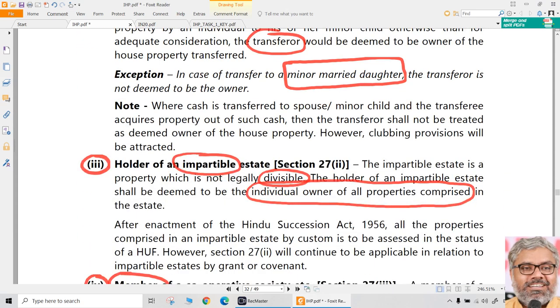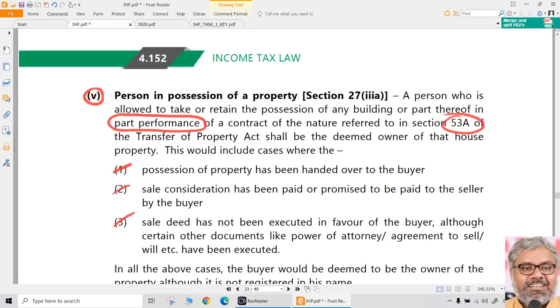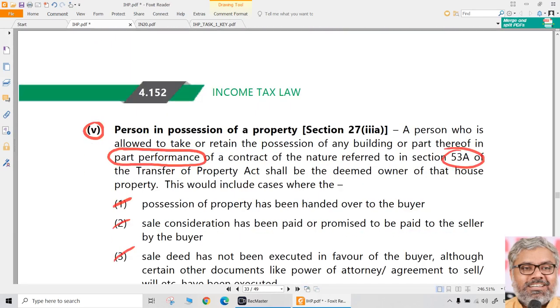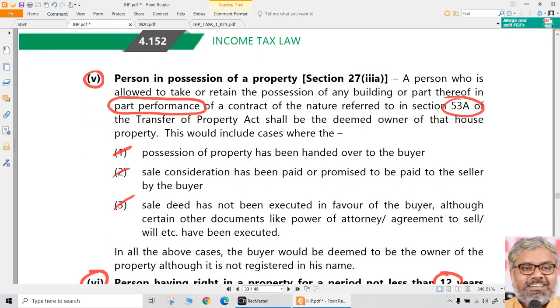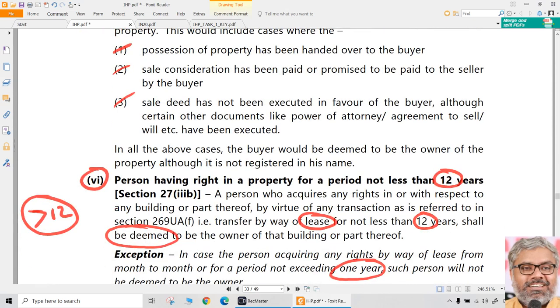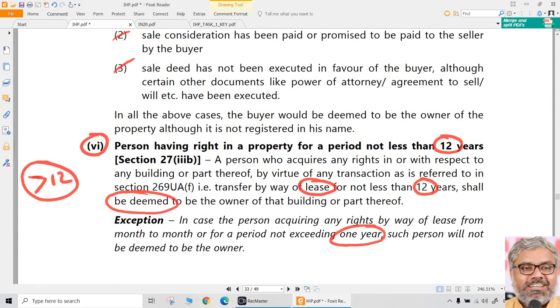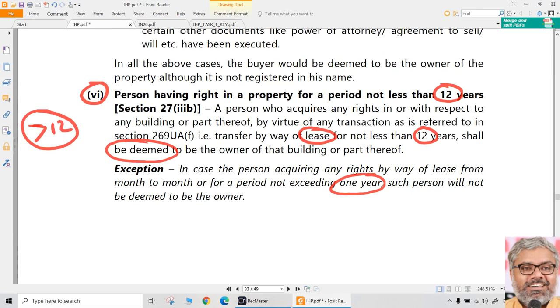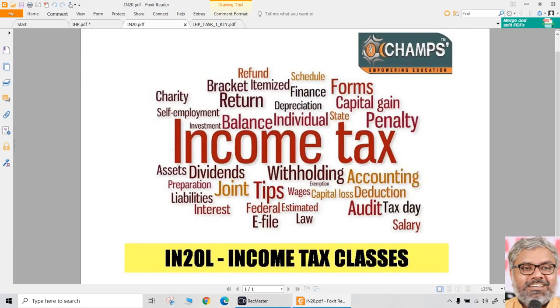Transfer to a spouse, transfer to a minor child, holder of an impartible estate, and member of a cooperative society who got allotted a property, and a person who is in possession of the property because of the part performance of the contract under 53A of the Transfer of Property Act. Though the registration has not happened, still he is deemed to be the owner. And the person who has taken a lease of a property for more than 12 years at a time, that person will be deemed to be the owner of the property. That's all. With that, we can conclude this chapter conclusively and comprehensively,